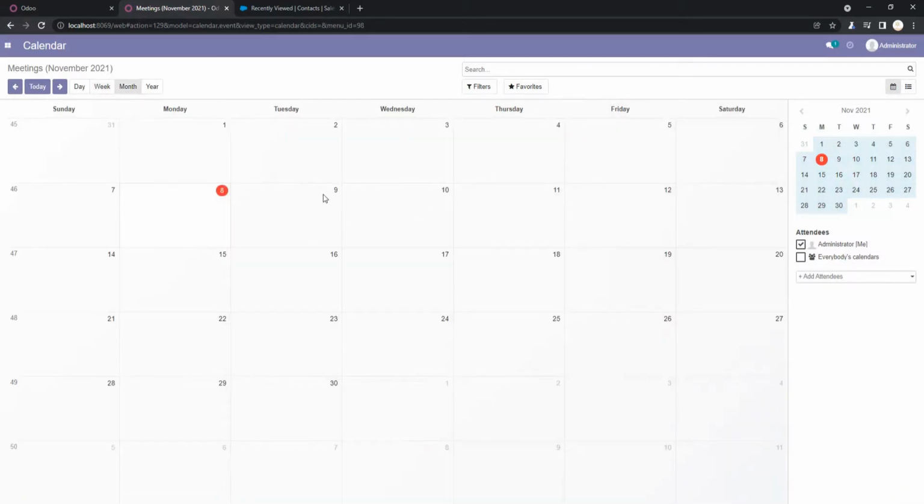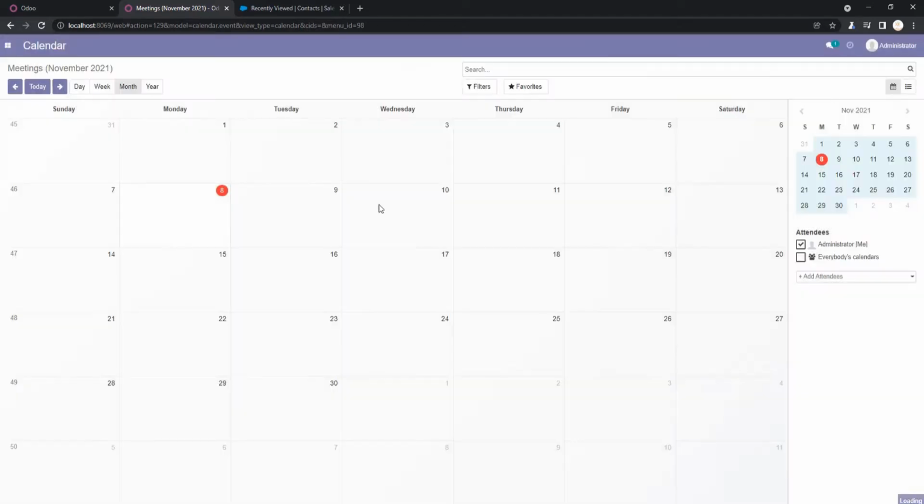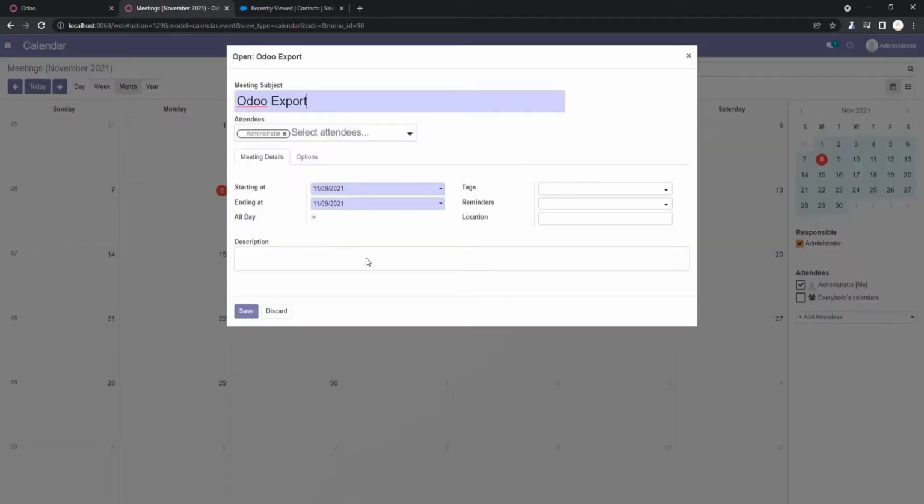So I click the date, and I add the summary of the event. Click to create one, and you can also specify further details, for example the attendees, the duration, and the description as well. I copy some of the information,